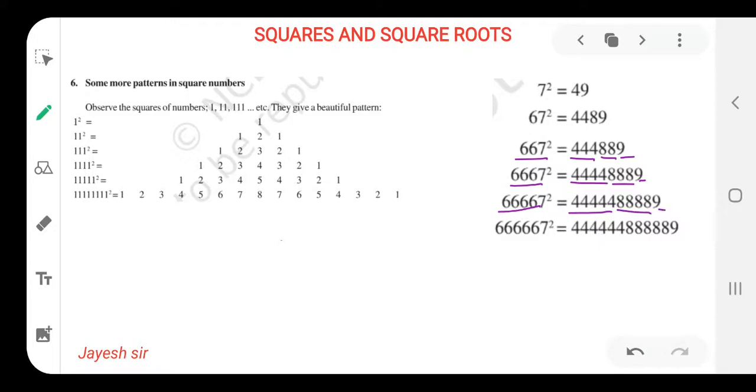Similarly for the last number that is given over here, 6 numbers are there, so 6 times 4. 5 times 6 is there, that means 5 times 8 should be there, and 9 in the last place. I hope you all might be getting it, friends, and you all have enjoyed it till now.